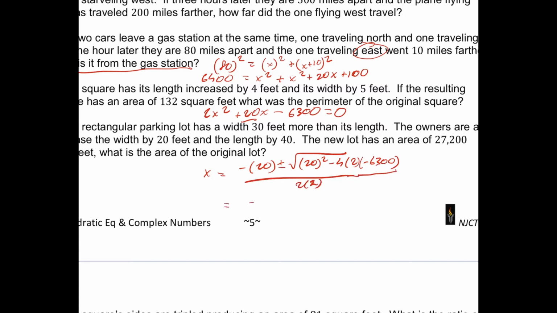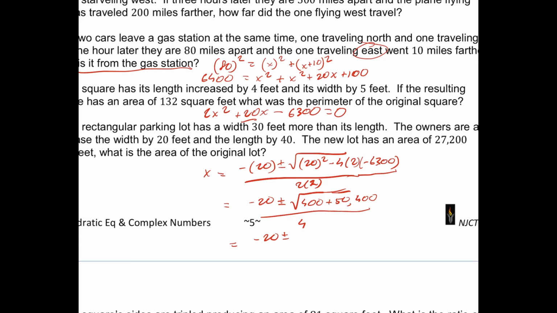So then we have negative 20 plus or minus the square root of 400 plus 50,400, over 4. And getting rid of the square root, we'll have the square root of 50,800, and the square root of that